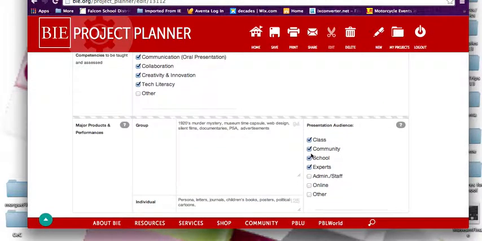Major products and performances would be things that you might end with. We end with a finale. We would have a 1920s murder mystery, or we might end with a museum time capsule. We're going to have some web design as one of our major products as well. Silent films, documentaries, public service announcements, advertisements, all of those things would be some of the major products that we would be doing, as well as performances individually and in groups during class time when we actually meet on our